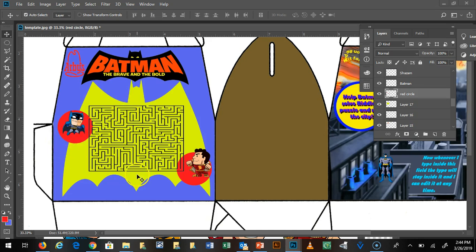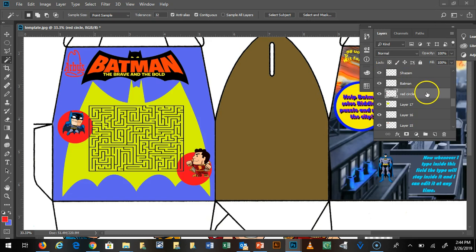I'm going to add some more text. You know, I can say something like, help Batman find his way to Shazam or something, and add some text in there, put some other characters in there. And you can do something else called layer style. That's probably one of the cooler things about Photoshop that I like. All right, so let's say on these circles, I want to add an outline. Now I could try to select these individually with the wand and then do an edit stroke, but a more efficient way of doing it